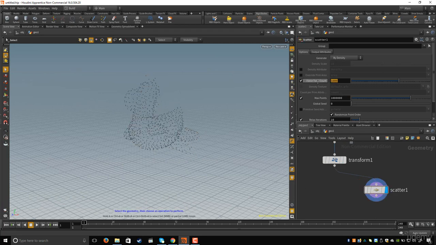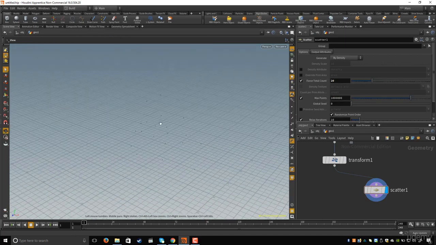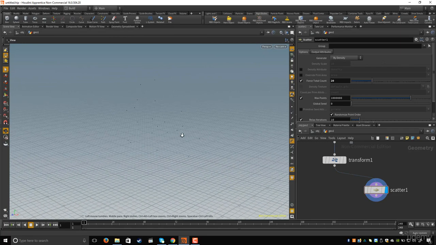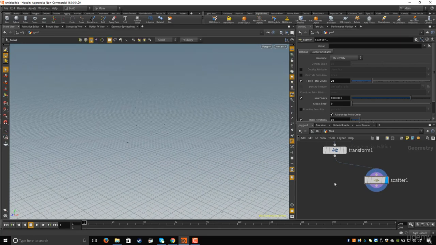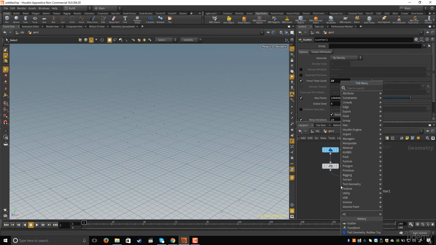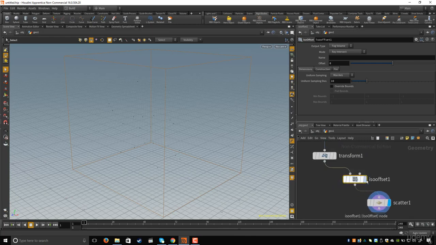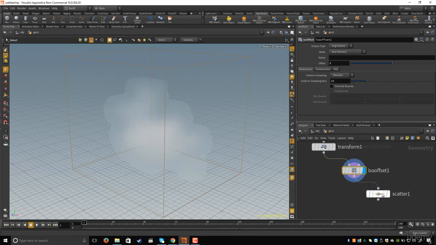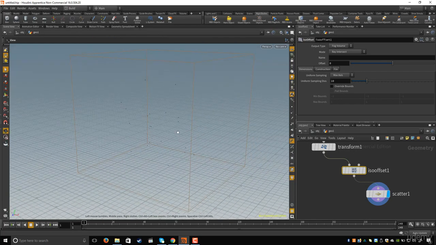I will decrease the points, for example, to 20. But the problem now is, guys, the points are on the surface. There are no points inside the geometry. So what I will do, I will hit tab again. I will type ISO. So this is the ISO offset. I will set it between the transform and the scatter. So now I converted the geometry to volume, okay? And then I scattered the points. So now some points are inside the